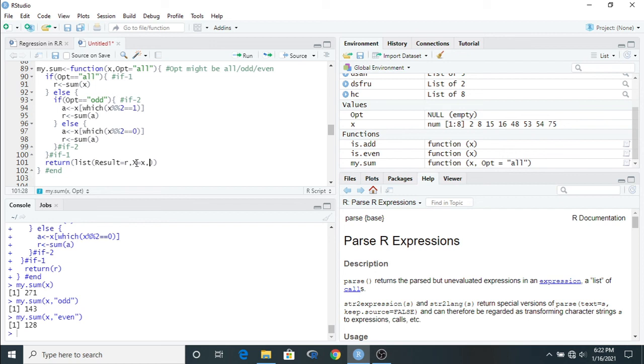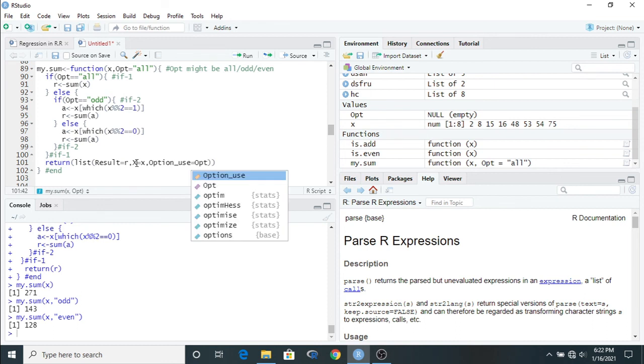Next, what was the option in the above? So we can use option use equal to option. This is a simple way.